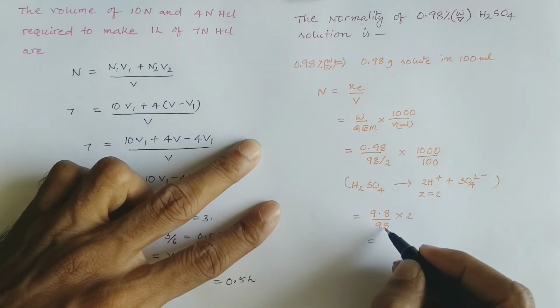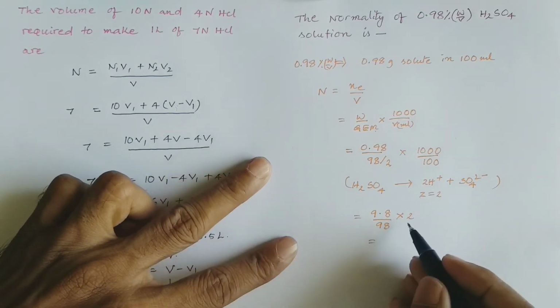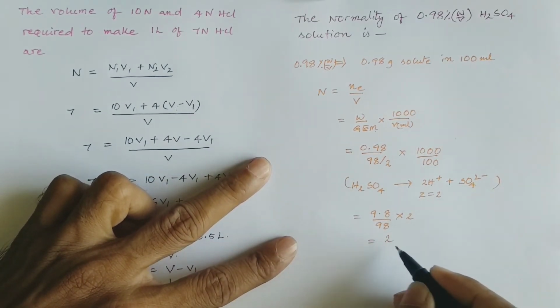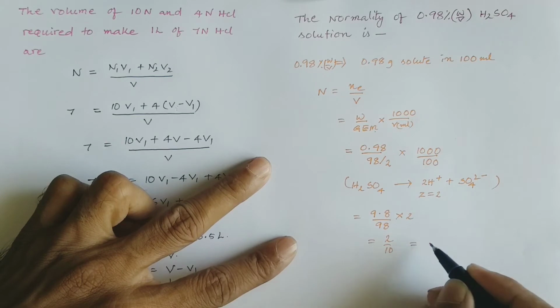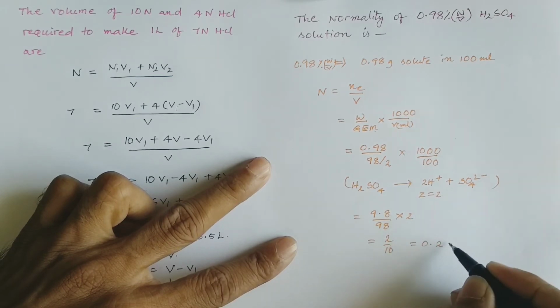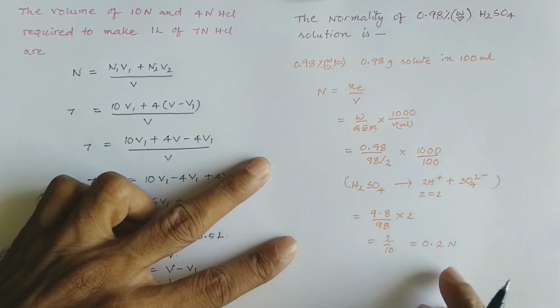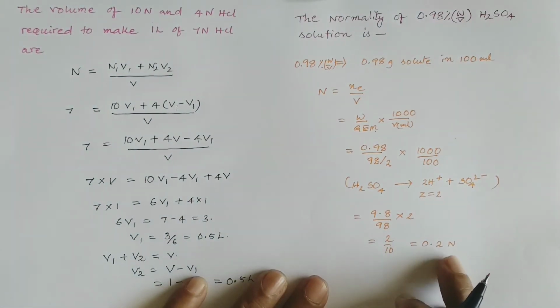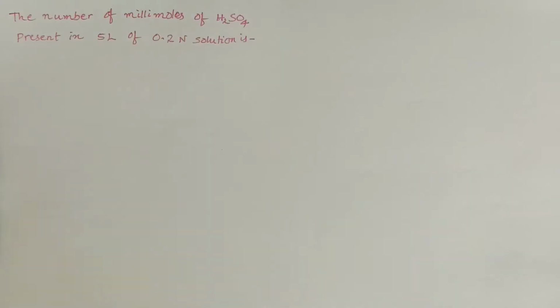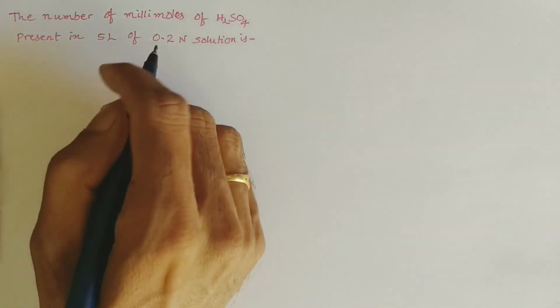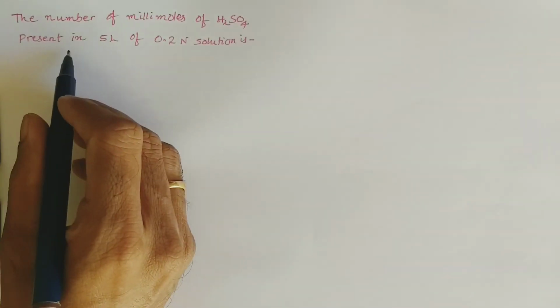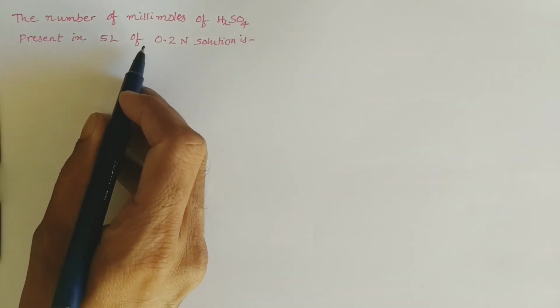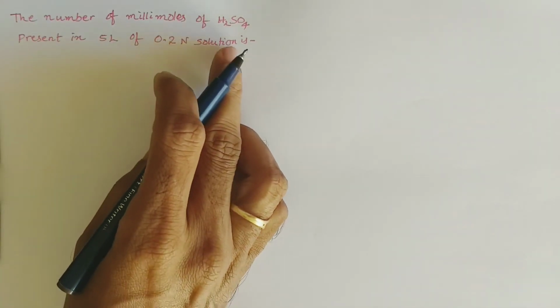So this will be cancelled. 10 times 2 by 10 is equal to 0.2, okay? 0.2 normal or 0.2 gram equivalents of sulfuric acid are present per liter solution. This is the answer. Next problem, the number of millimoles of sulfuric acid present in 5 liters of 0.2 normal